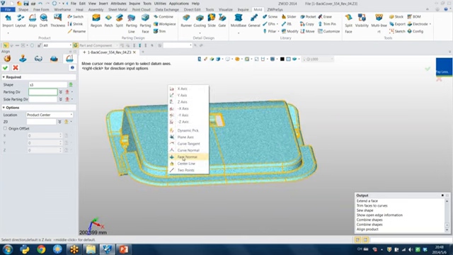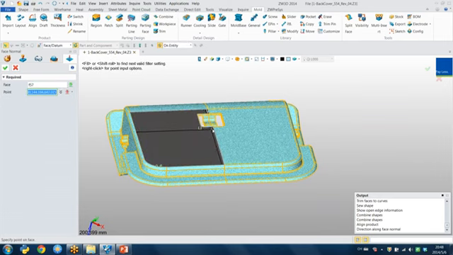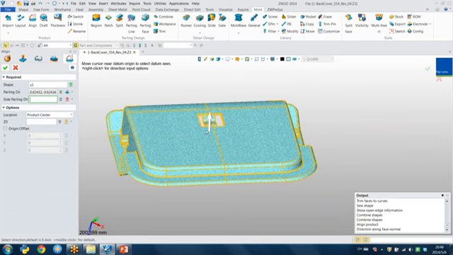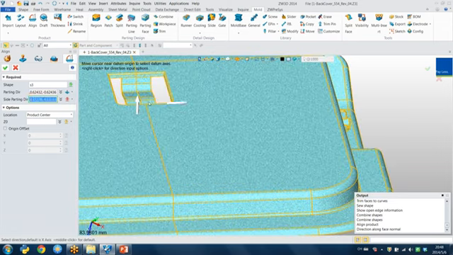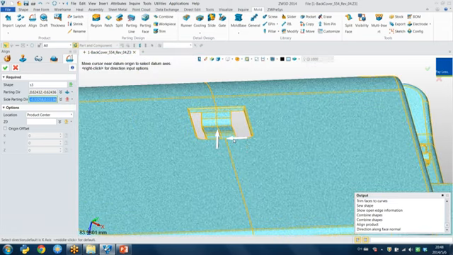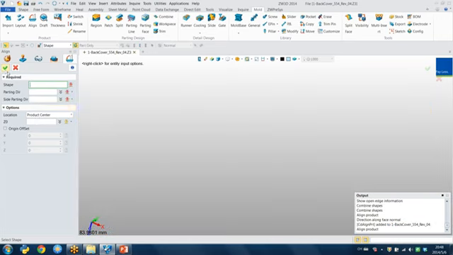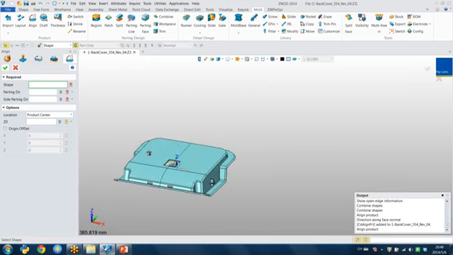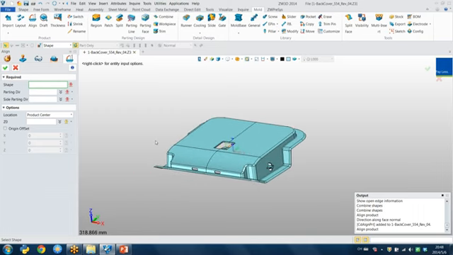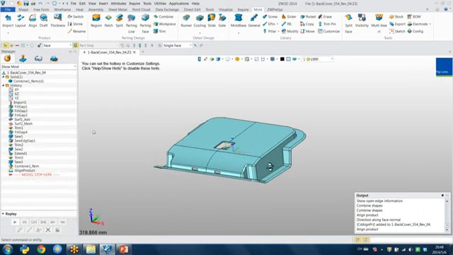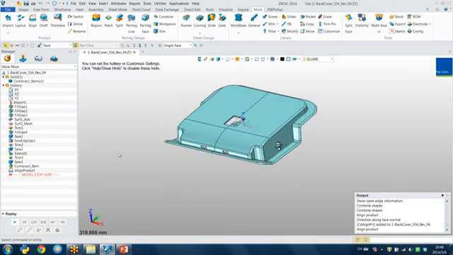So I can right click, choose the surface, and the location is part center, and press OK. So you can find the part will go to the origin point automatically. Okay, so press OK. So then next step,